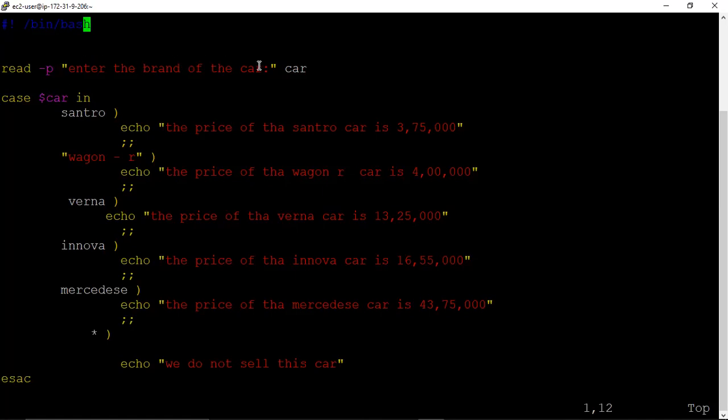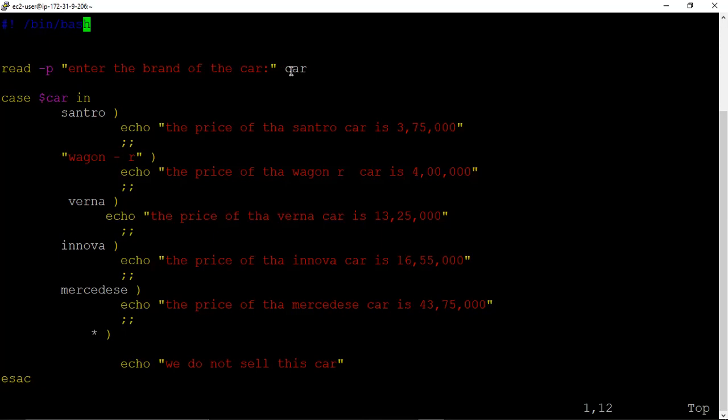And here we have car. So car is variable. So we have to define car. When we use read, whatever you have written after read, that is your variable. And this is taken from user.